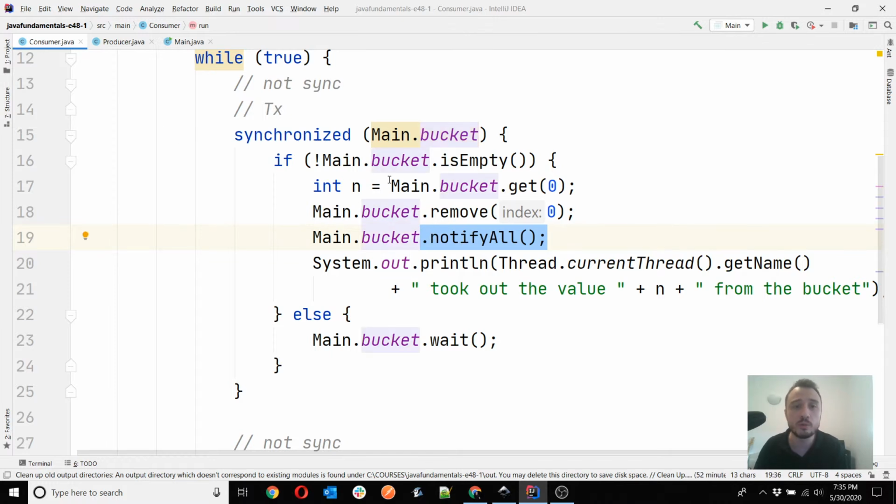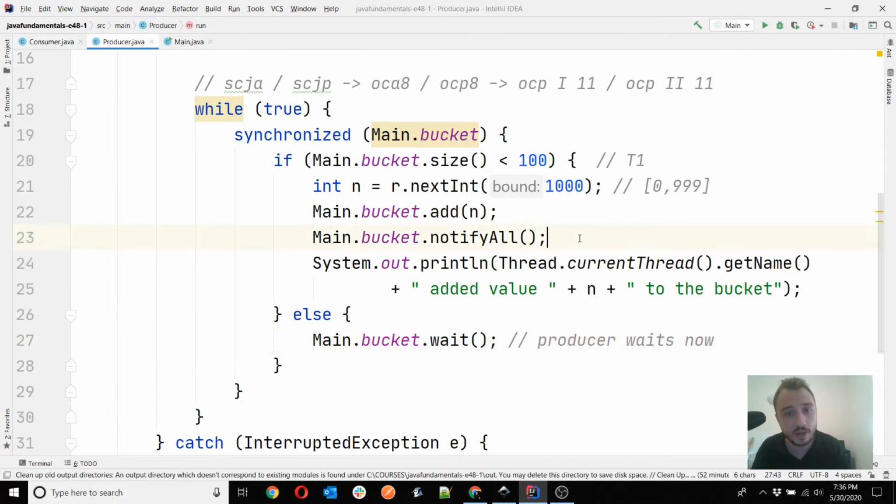And the same way around, when a consumer finds out it cannot consume values because the list is empty, it will wait, and then it will be notified to continue only after a producer has added a new value. So that's how you use wait and notify. Wait is used to put the current thread into the blocked state, and then you can use notify to allow the threads that are waiting to continue. So that's basically how you use wait and notify.